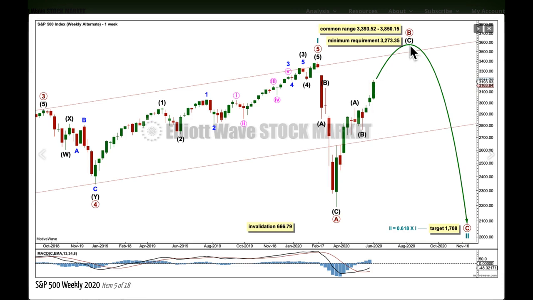The difference would be in technical analysis. B waves should exhibit weakness. This B wave should exhibit bearish divergence with price and RSI at highs. It should exhibit divergence with price in the AD line. We don't have that yet. We'll get to that last at the end of the video. It should also exhibit declining range and declining volume. B waves should be reasonably unmistakable. They really should exhibit weakness.